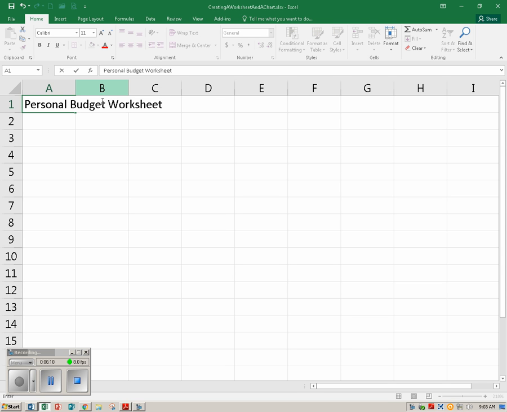Red circle number 3, click the enter button to complete the entry and enter the worksheet title. Red circle number 4, click cell A2 to select it. Type monthly estimates